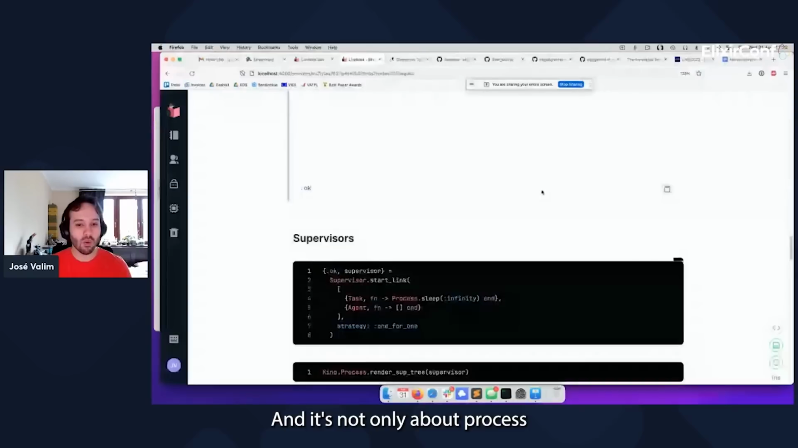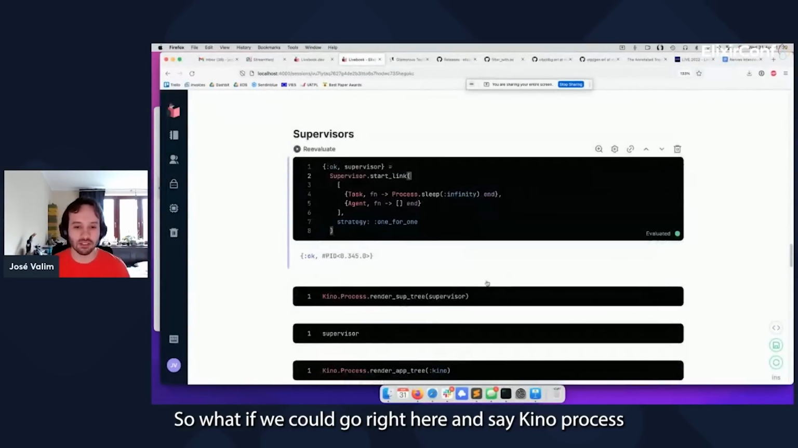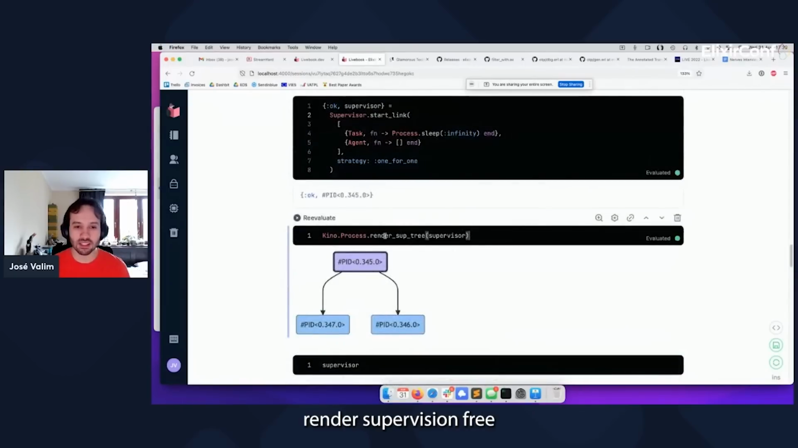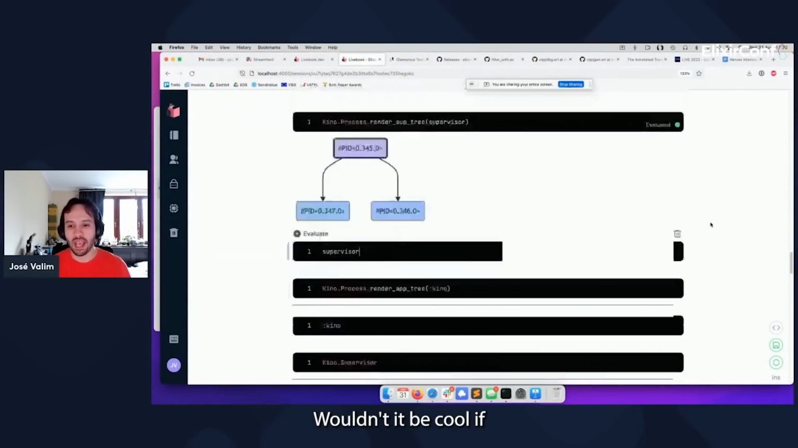And it's not only about process communication. Maybe we are teaching somebody about a supervisor. So what if we could go right here and say Kino process render supervision tree, and it renders a supervision tree for us? But even better, wouldn't it be cool if